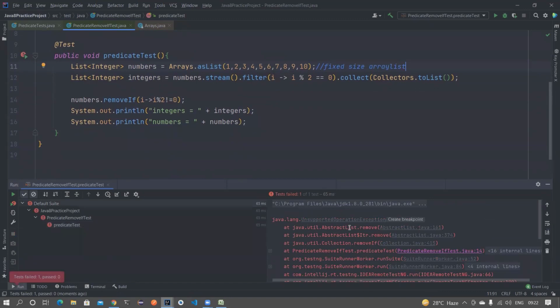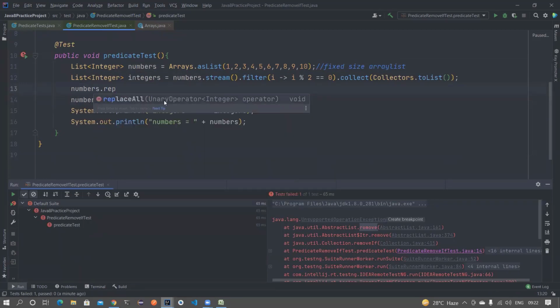So if you notice, when I try to remove based on this condition, it is telling you that you cannot do this: unsupported operation. This is because the list coming out of the asList method is fixed size. You can change the numbers, you can make this 1 a 4 or a 10, but the number of elements in the list cannot be changed. Maybe let's say you want to do numbers.replaceAll.